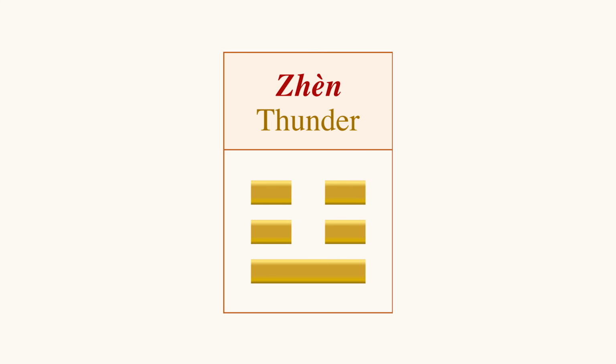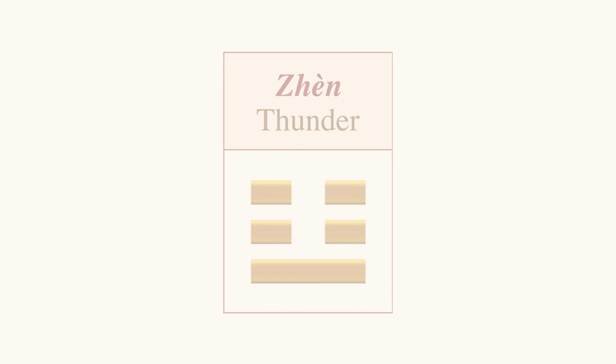Thunder is 1 yang and 2 yin lines. When you're reading the hexagrams or the trigrams, you start at the bottom and then you read up. Okay, so that's how the 8 trigrams look, but what will really help you is to get some ideas of